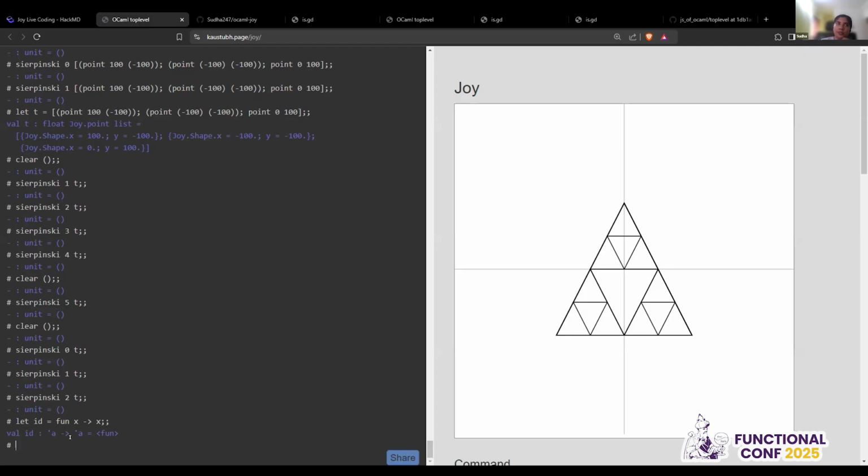So id: alpha to alpha, that is 'a to 'a, means it takes an argument of type 'a and returns another value of the same type 'a. So these are like type variables. Because this can be any type and there isn't a restriction to the type, it is 'a, but I can show you